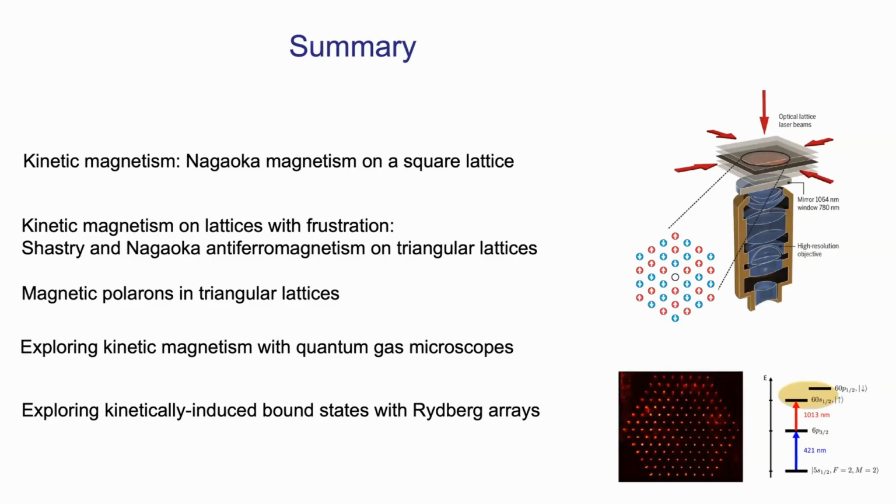So I briefly mentioned that an obvious question to ask is, if I have two dopants, will these dopants attract each other by sharing a magnetic cloud, a magnetic polaron? The answer is yes, you actually get bound states. But if you take the plain vanilla t-J Hubbard model, this attraction is too strong. We find phase separation. So we have to look at physics beyond t-J and Hubbard. For the t-J model, for double doping, we looked at the phase diagram. It's very rich. It has very different types of incommensurate order, but it also has phase separation regimes.